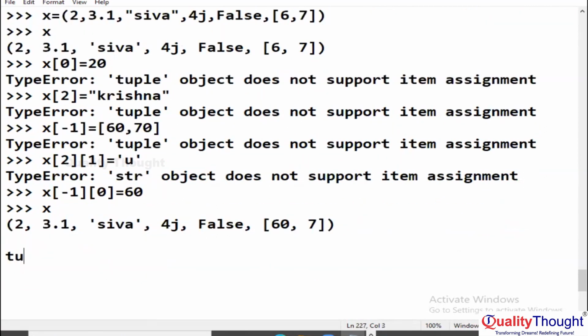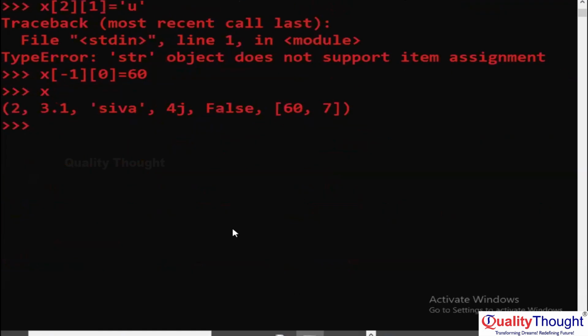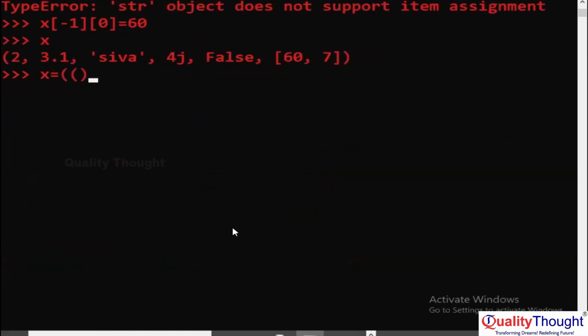Next one, tuple object supporting nested tuple mechanism. Nested tuple means a tuple object inside another tuple object. Now I'm creating a nested tuple, and y equal to